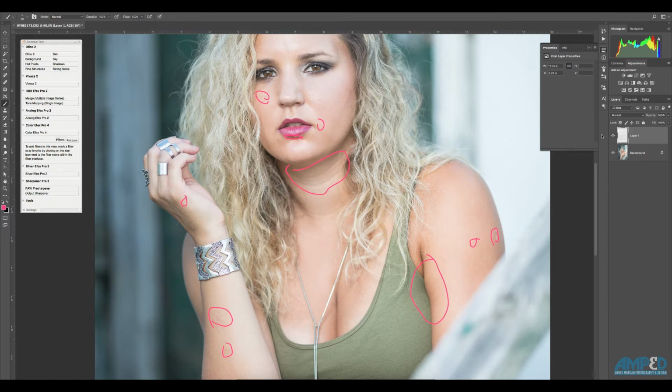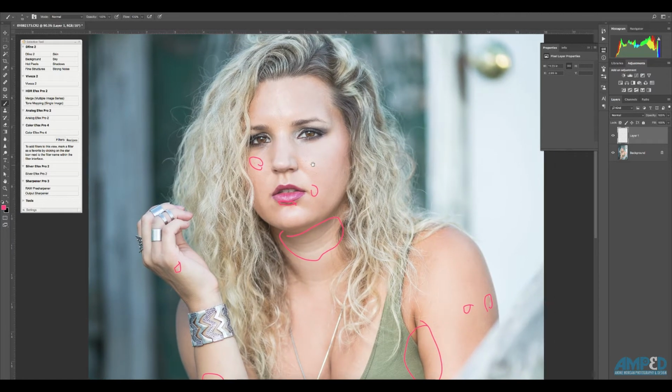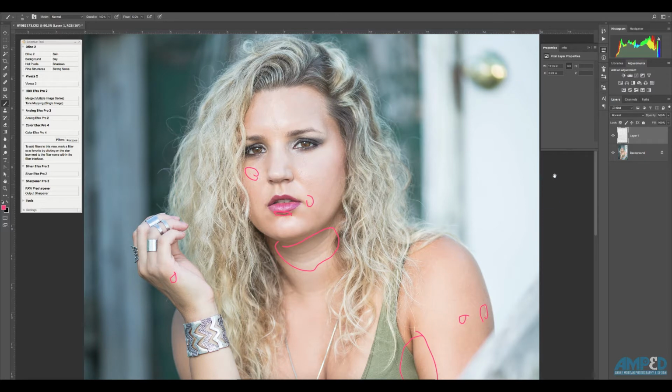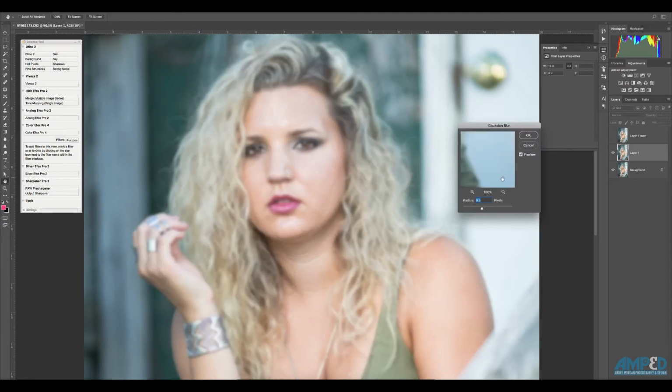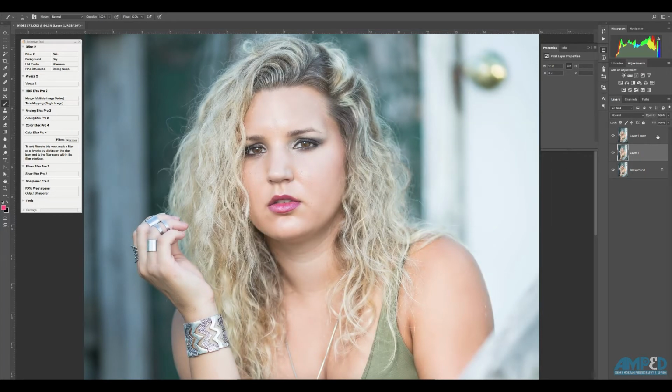So I'm going to be using frequency separation to help me fix a lot of the problem spots that I'm seeing in this image. So let me delete, and you guys can watch and see what I'm doing. What I just did was copy the layer two extra times. So on my layer 1, I go to Blur, Gaussian Blur, and I'm going to bring it to where the details in the image start to disappear a little bit, not too much. 9.9 should be good. Go to my top layer, change it to Linear Light,